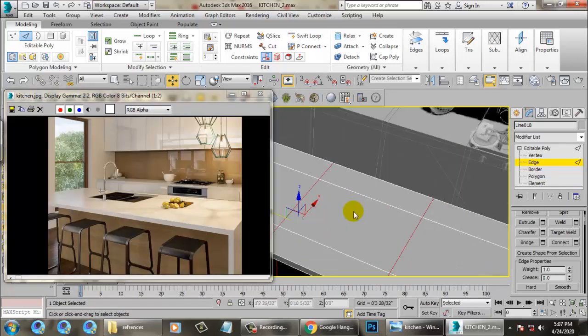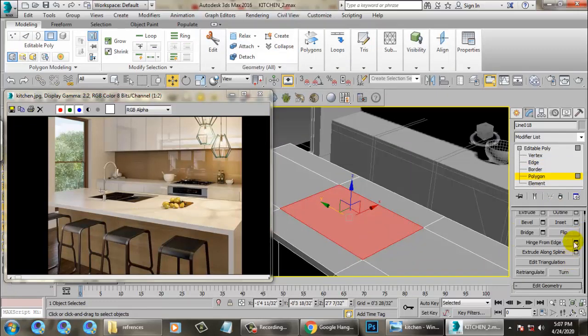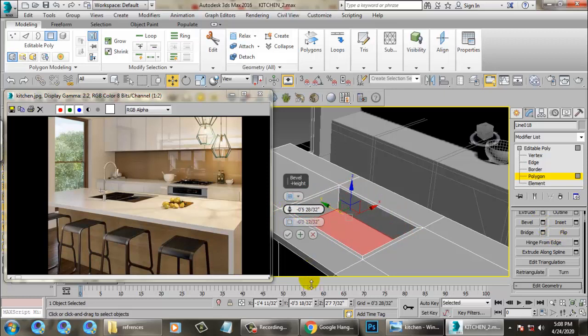Once you're done, I can go into the polygon and insert a bit, and use a bit of bevel over here, and push this down.